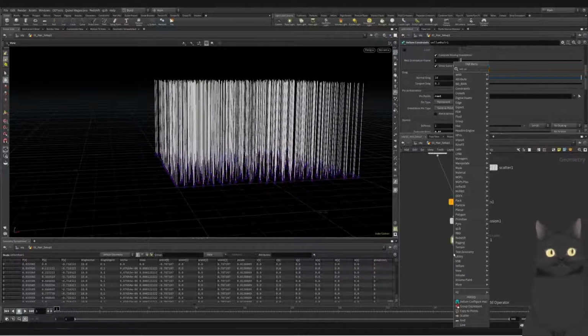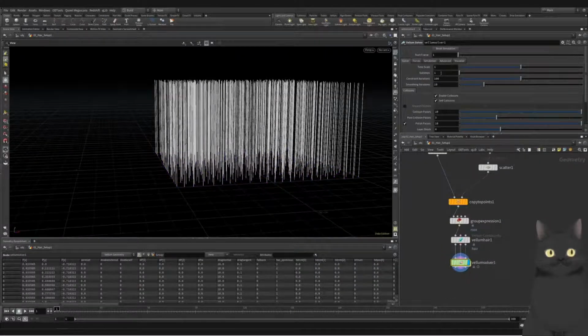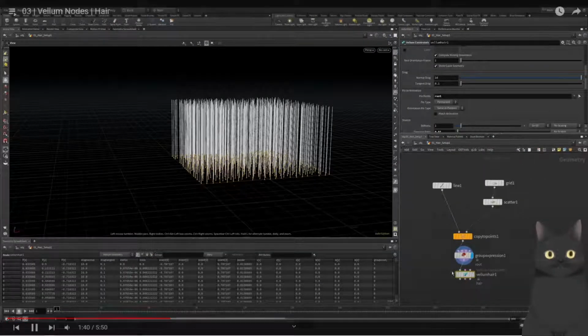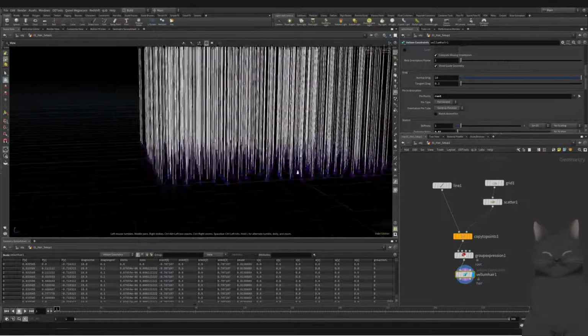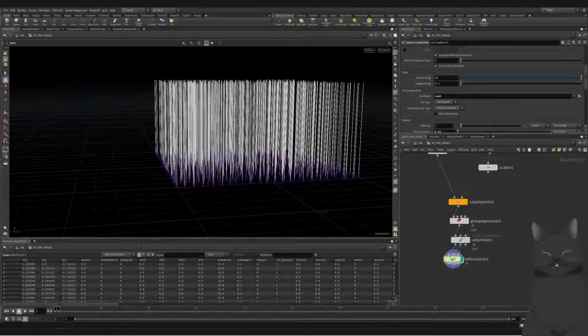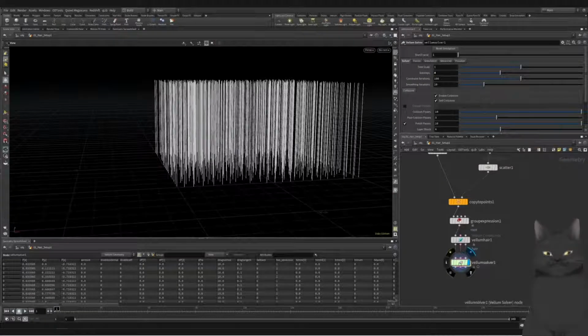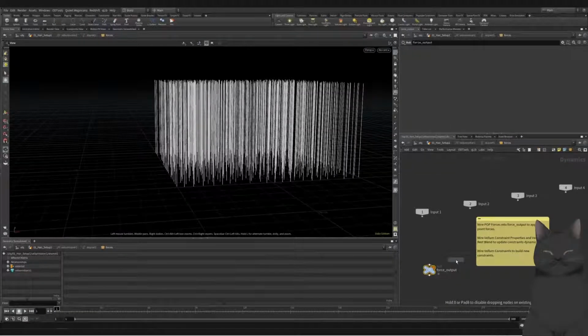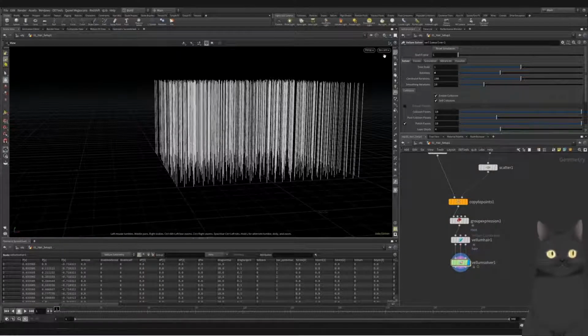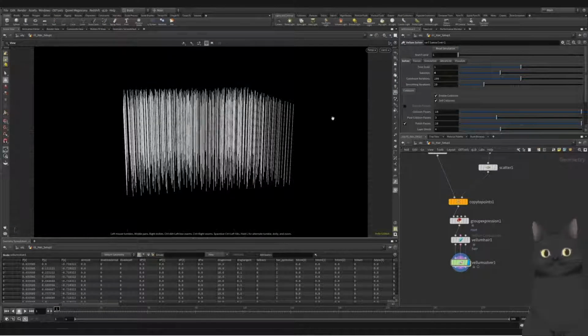We can now add a Vellum Solver, and we're going to jump it up to 4 sub-steps. We want to dive inside and we want to add a pop wind. Pop wind is great for adding just some realistic, natural, organic type wind, and we're just going to add some noise. We're not going to actually use any wind right now, but just a noise field to drive our hairs around. If we dive back out, we can use a camera, let's turn off the base grid and let's